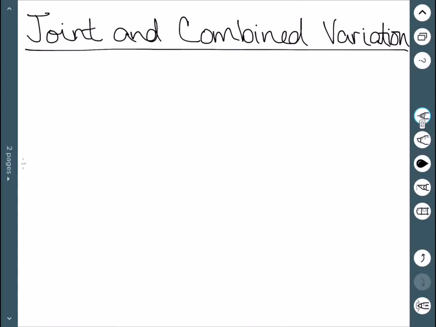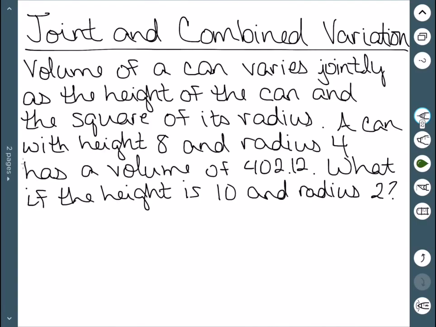The final types of variation we'll look at are called joint and combined. This is essentially a way of combining the two types that we already have. For our first example, we're going to look at the volume of a can that varies jointly as the height